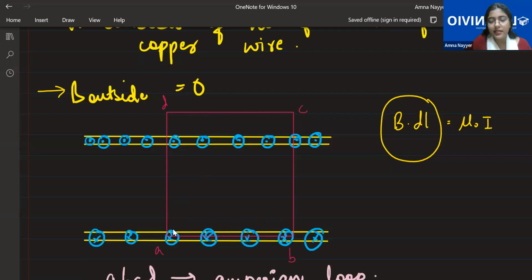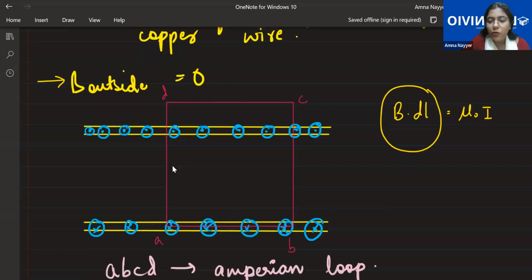See, if I just take this region, then you will say, why have you not included the outside region? So we have taken an Amperian loop such that we are enclosing all the regions of the wire. This has already been enclosed, so if I take it again, that will just repeat it. We are just taking it in a way that we are confirming ourselves that throughout, the Amperian loop is taken in that manner.